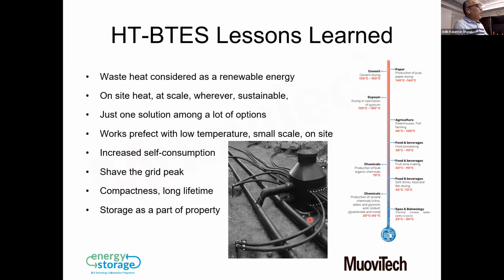If I want to wrap up my presentation, there are many cases where you can use the waste heat from industry. Here, you can see we have a lot of different applications that use heat for their process. When the process is finished, they need to get rid of that heat. So we have a lot of spot heat in the city or in the municipality that we can use as a heat source